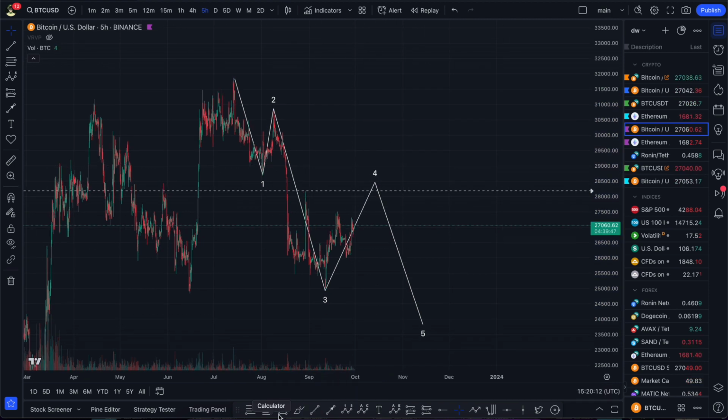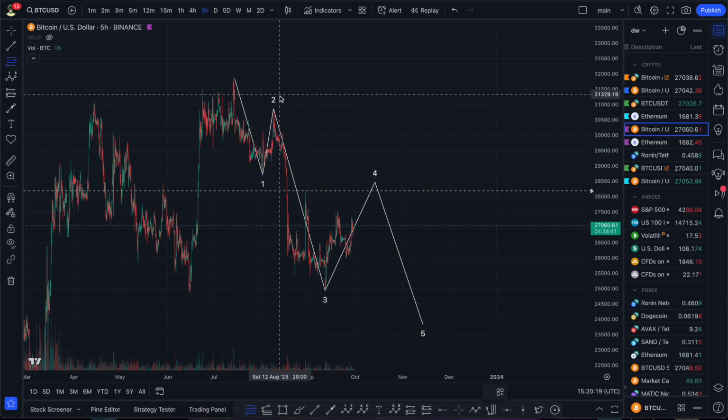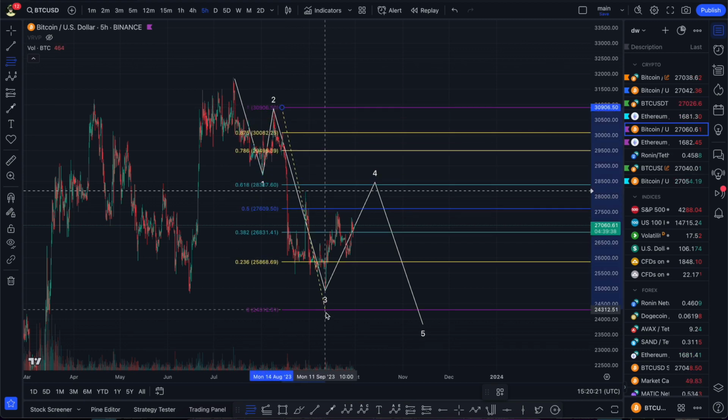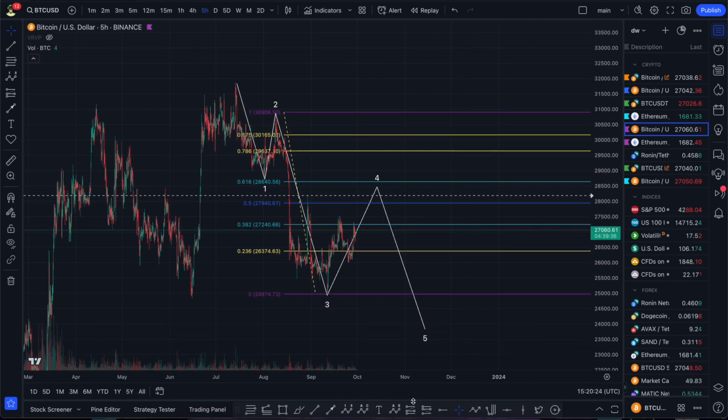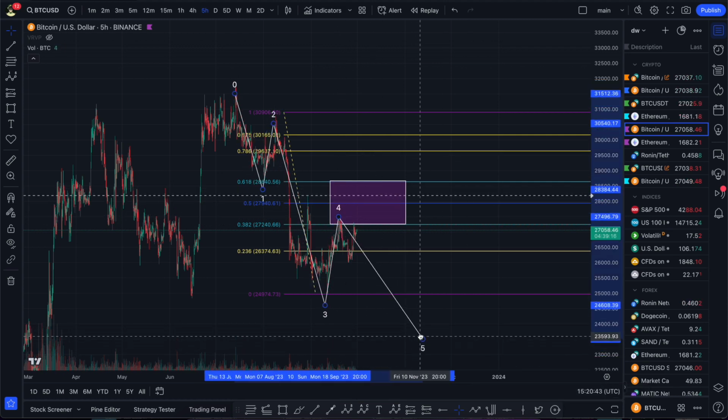First of all, let's take a Fibonacci and put it on the beginning of wave 2. Let's take a Fibonacci, put it on the beginning of wave 3, end of wave 3, and our targets on the higher time frame are 0.3, 0.5, 0.6. This is the most likely place where the price comes. Most likely it comes to 0.5, 0.6. But before we touch it, on the 0.3 we have every moral right to expect that anytime soon a reversal and the beginning of wave 5 can happen, right?